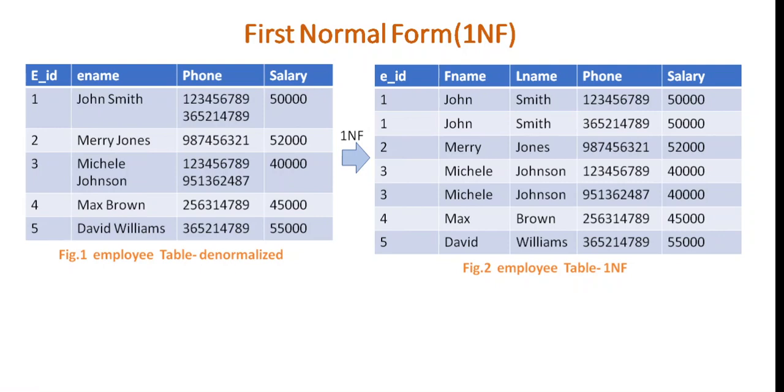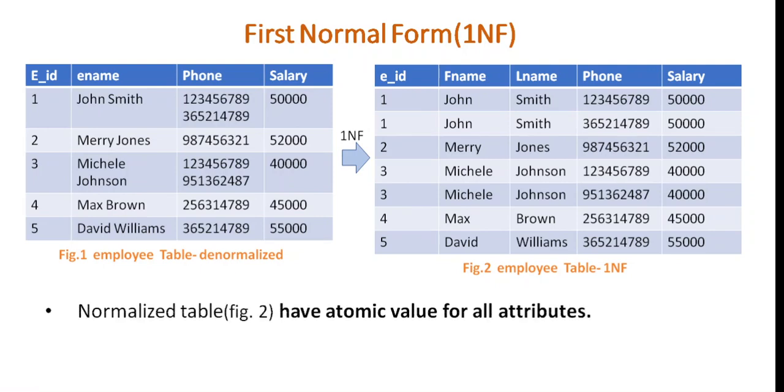Now if you look at the resulting table, for each row there is a single value of phone number. So the problem of multi-valued attributes is resolved. Now we don't want this composite attribute, e-name, either. So e-name is divided into 2 columns: that single attribute is divided into 2 attributes in the resulting table, first name and last name. By dividing this composite attribute into 2 attributes, we have removed the problem of composite attributes also. So this table is a normalized table.